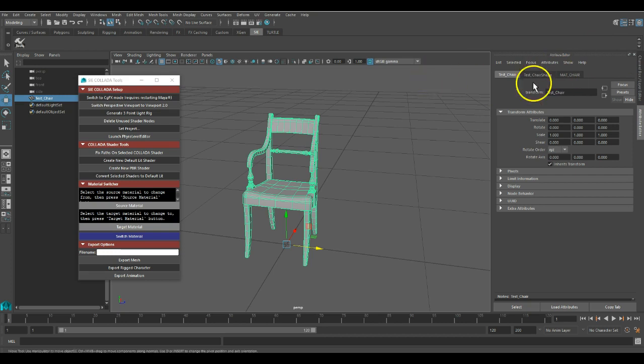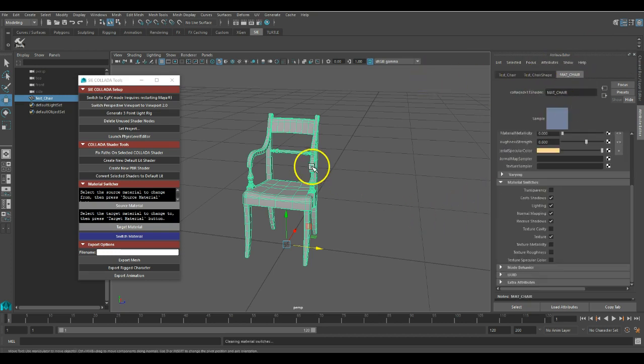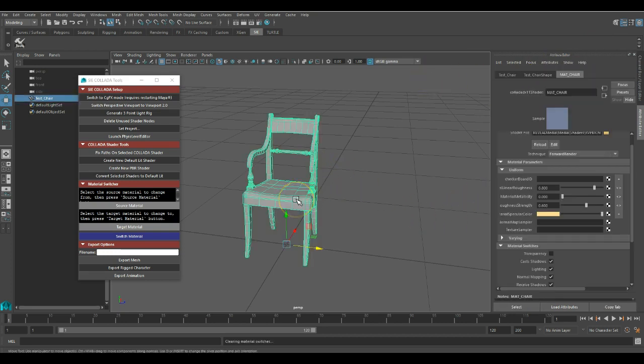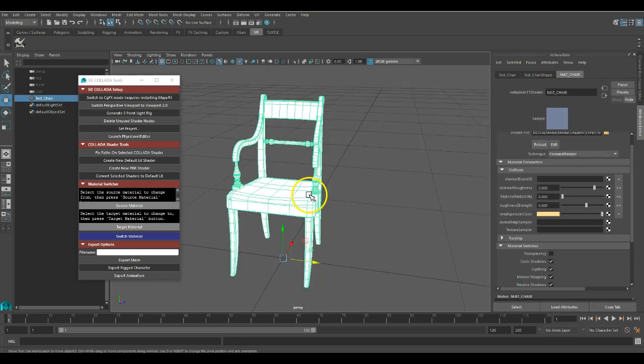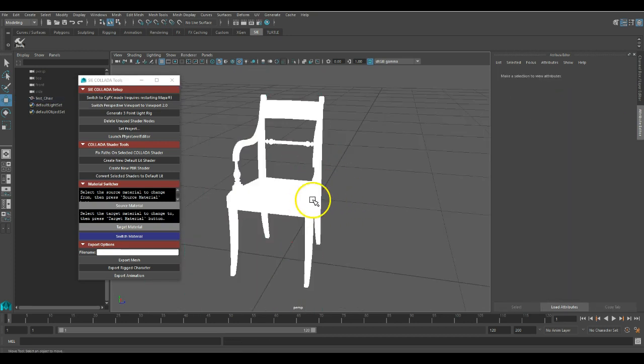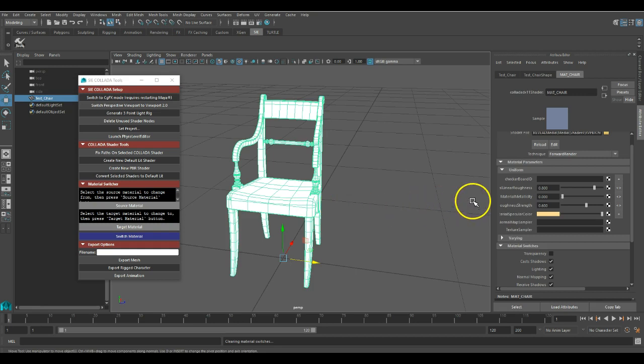So all we've done now is we've just swapped out the Lambert for this one. So that's what's applied to this object now. We hit 6 on the keyboard, we basically move to Shaded Display, and we can actually see it applied. Nice white thing that's not really telling you anything at the moment,